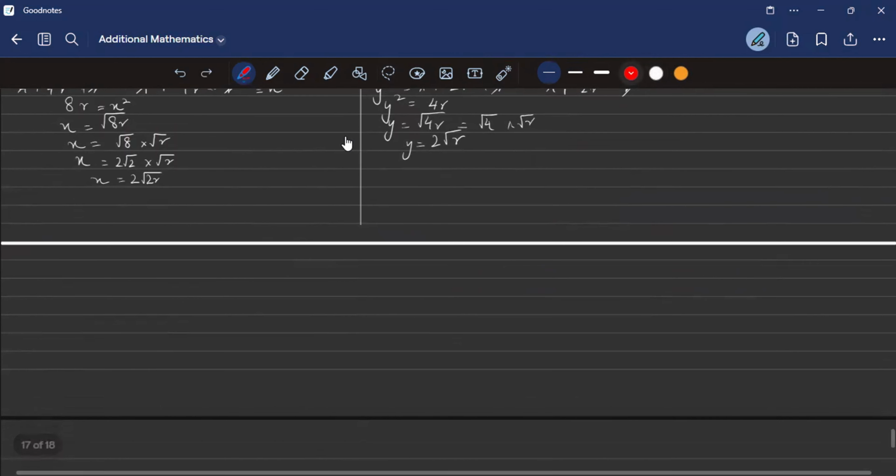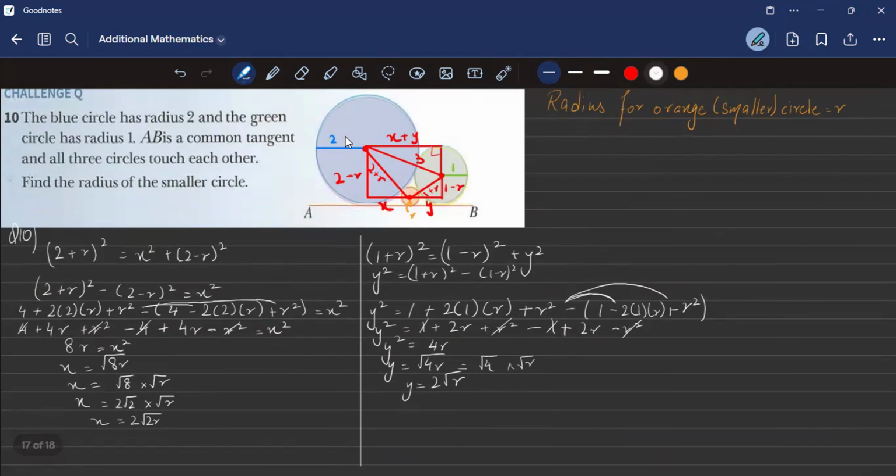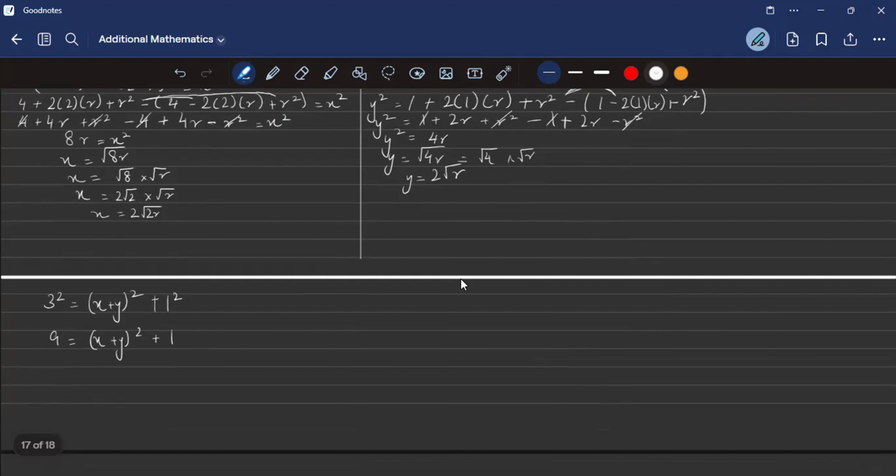So we are going to say that 3 squared is equal to x plus y whole squared plus 1 squared, as you can see. If I were to simplify this now, I would get 9 is equal to x plus y whole squared plus 1. Okay, 9 minus 1 is equal to 8 is equal to, again, I'm going to replace the value